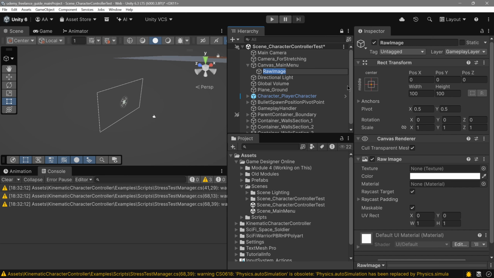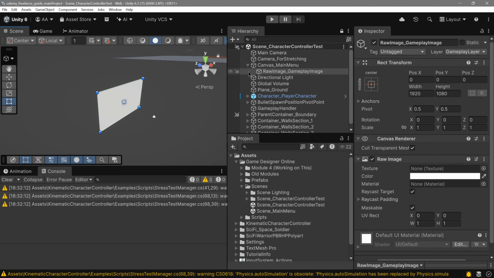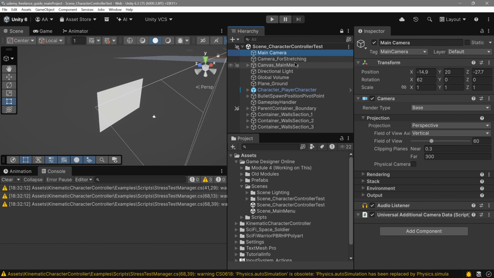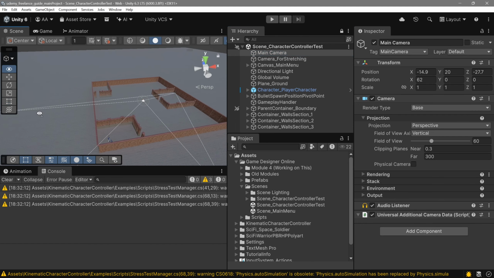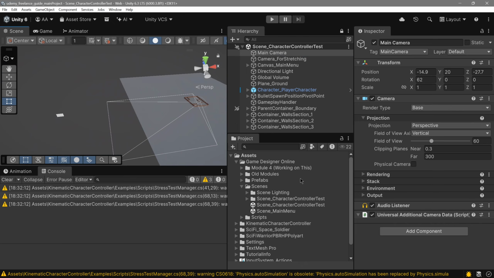And this raw image is going to be the gameplay image. This is going to be 1920 and 1080. So you'll hopefully see this right here. Then this main camera over here will have an output. So the output is going to be on